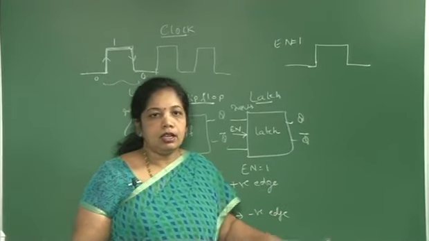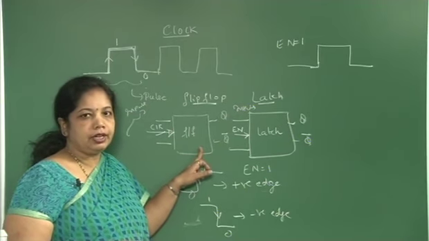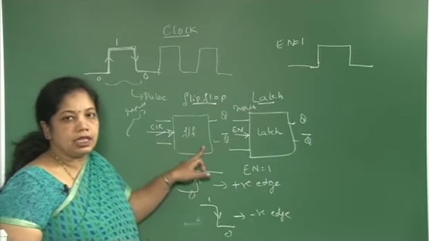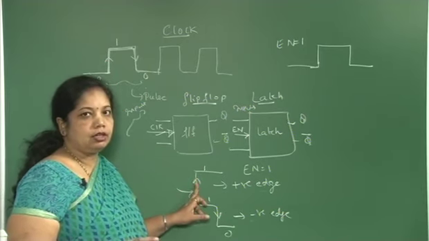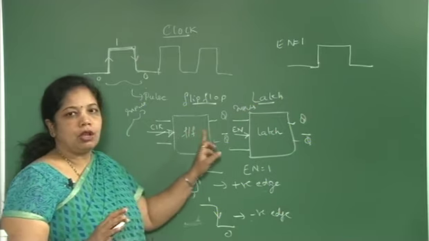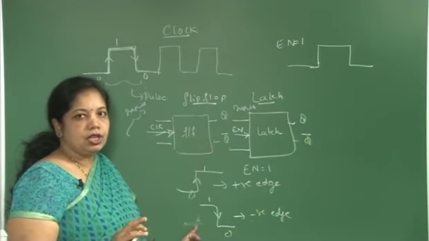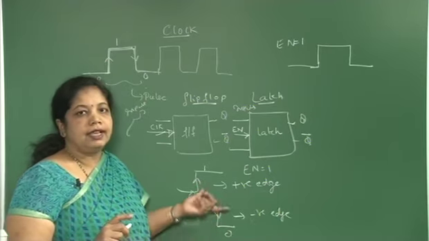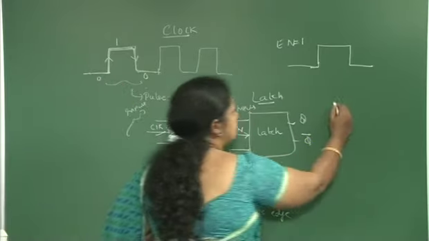I mean to say that if I talk about positive edge triggering or negative edge triggering, that is edge sensitive, and this flip-flop is sensitive to this edge. So whenever the clock goes through the 0 to 1 transition, only then will this flip-flop sample the inputs to the output side. The flip-flop will respond to the particular edge. This edge can be either a positive or a negative edge, and that is nothing but edge sensitive. When I talk about latches, they are considered level sensitive.